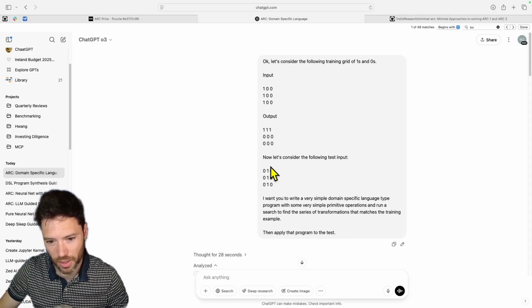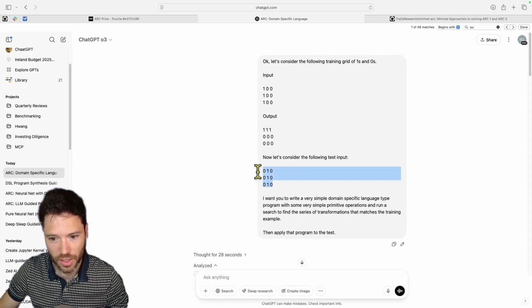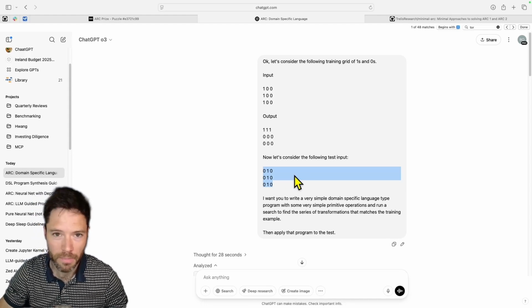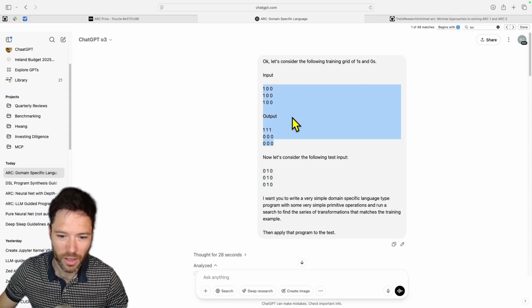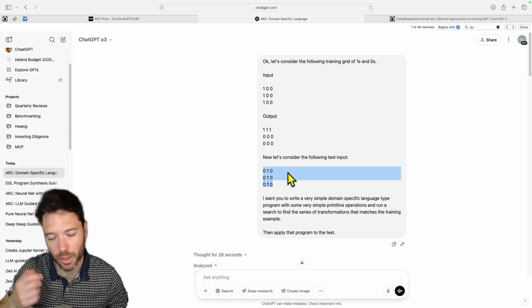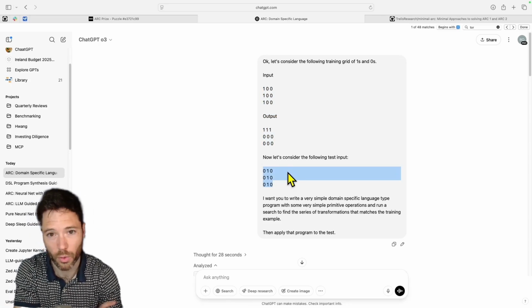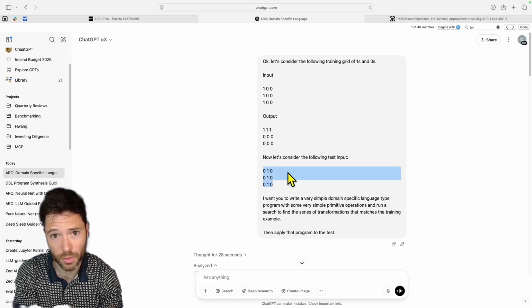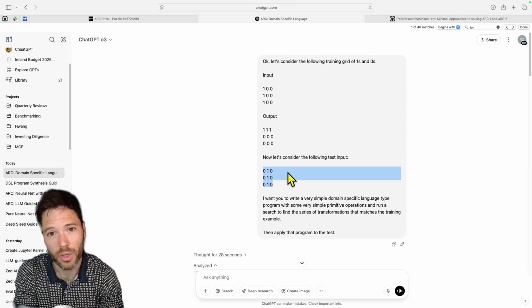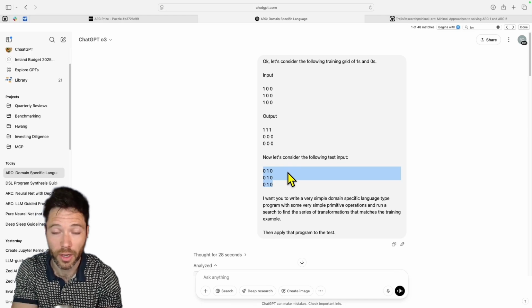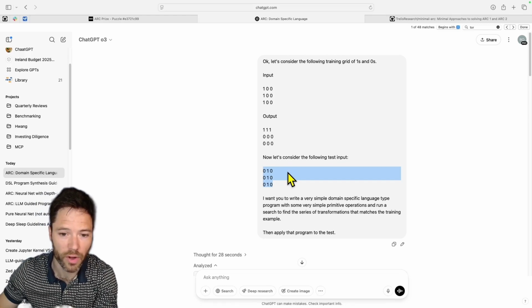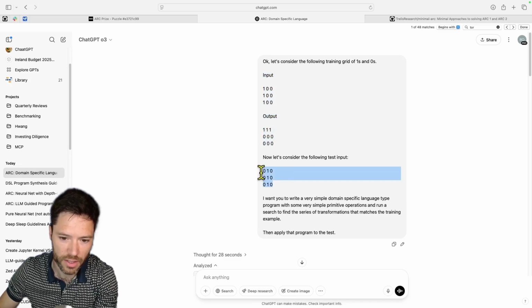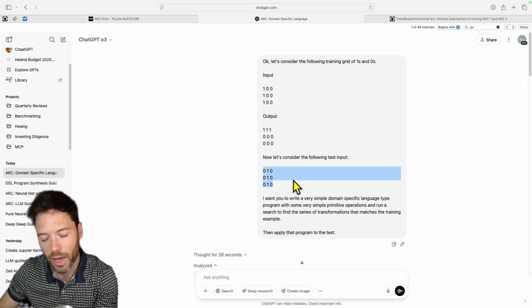And the question we're posing in this task is to consider this input and see if we can predict what the output should be. And given this is a rotation here, the correct answer to this input here is going to be a rotation. And the specific way I want to solve this is using a domain-specific language. So I want to set up a battery of basic operations, and then I want to run a search that combines these operations and see if we can find one that matches the training example. And if it matches this, then we'll apply it to the test example, and then we will have our answer,